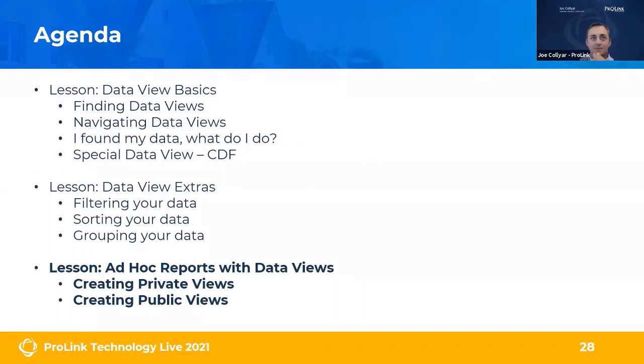Now let's get to our last lesson. So that is creating ad hoc reports in data views. And we'll talk about private views, which are user-specific custom reports. So stuff that you as a particular user make and only you can see. And then we'll talk about public views, which are custom reports that an administrator creates that are available